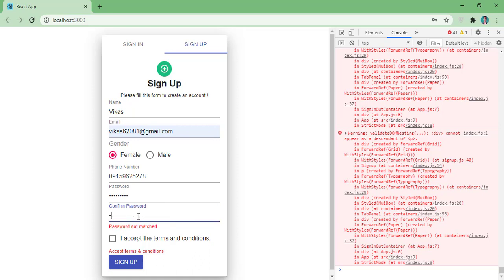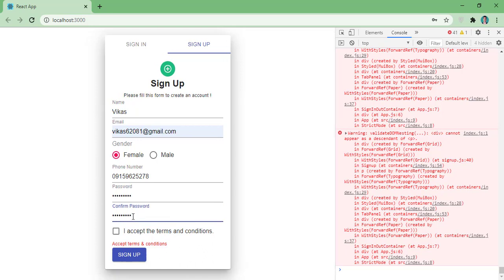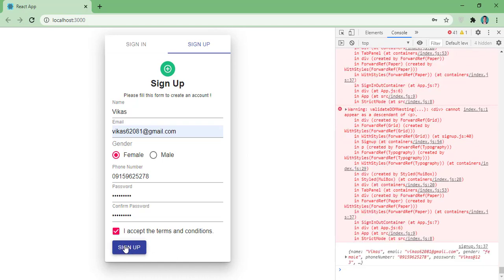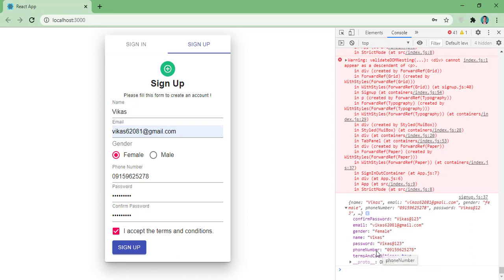Now let's confirm the password. Once both passwords are the same, only then will it confirm your password. Now let's select the terms and conditions. Now we have resolved all the errors, so let me click on this sign up. Here our form got submitted, as you can see. All the conditions got satisfied and our form got submitted.